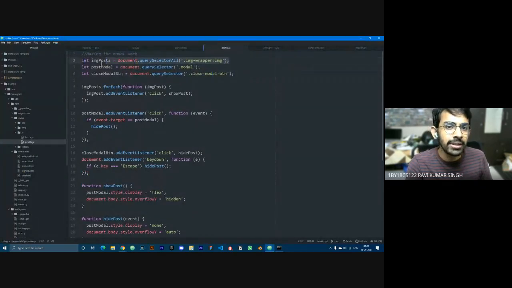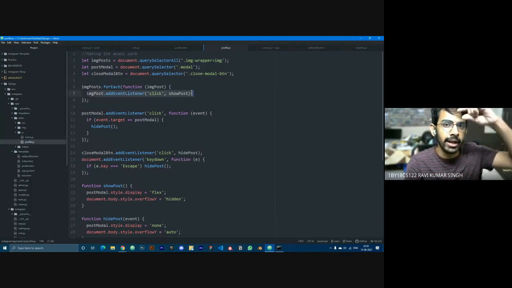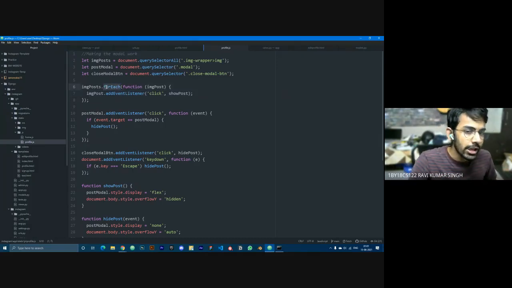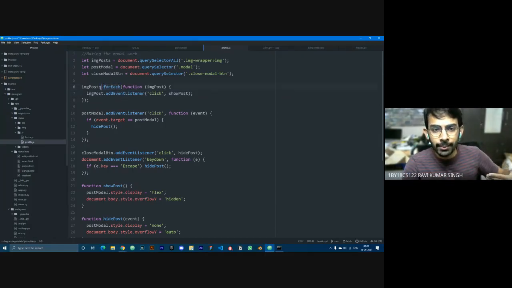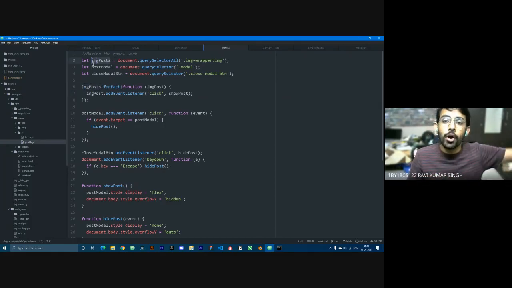Now for all the images I have selected, I am adding the event listener. You remember that for loop, right? Similarly, it's forEach, for each of the image posts. So imagePosts will have right now the list of all of the images. Because this querySelectorAll is again a selector, like select by id, select by last name, it's querySelector. So you can actually create combinations and select different items. So all the images I have selected.